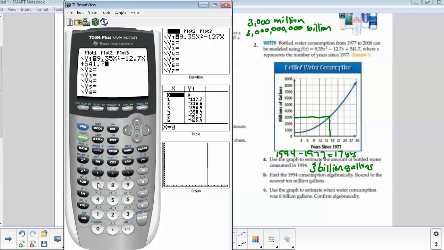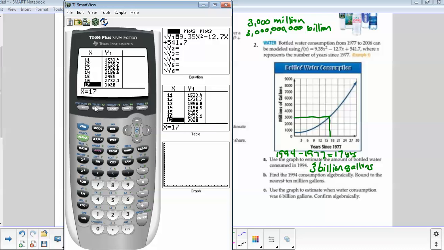Okay. We need to change our window. Well, actually, I don't need to change my window because I don't need to look at the graph. I'm just looking at the table of values. So second table, and I'm trying to find out 17 years, so I need to scroll down. All right. In 17 years, the consumption is